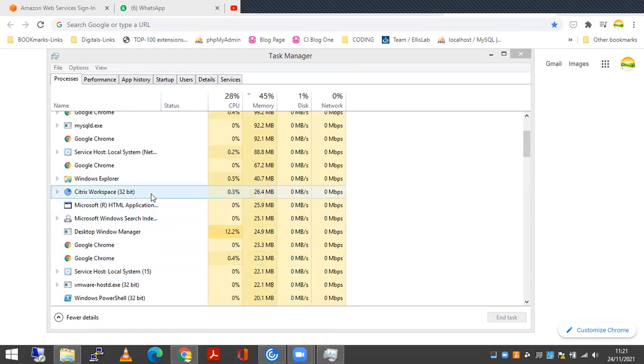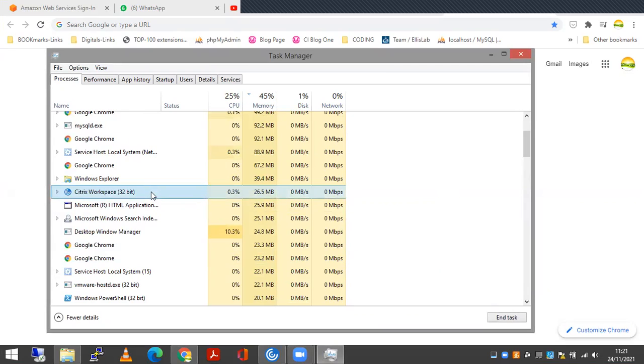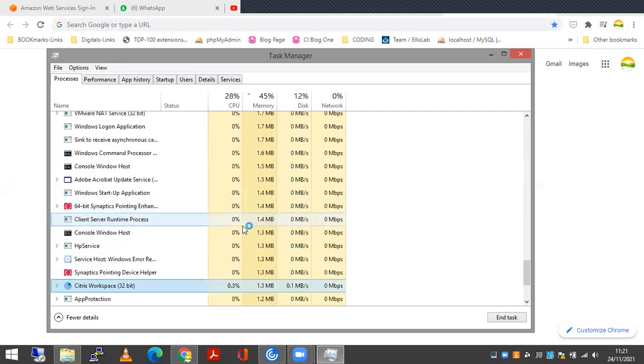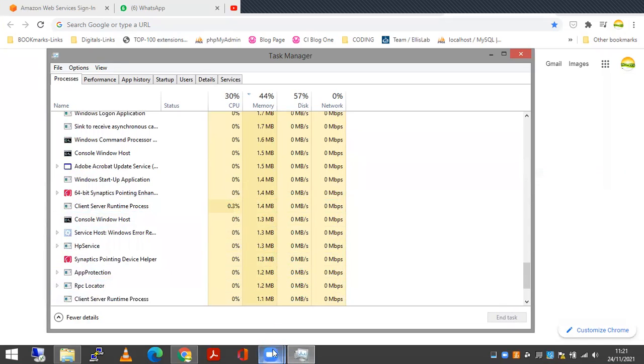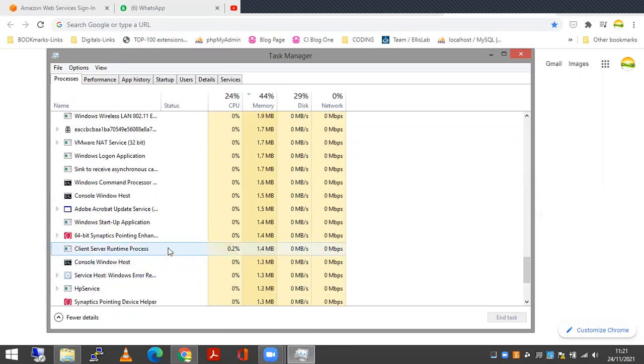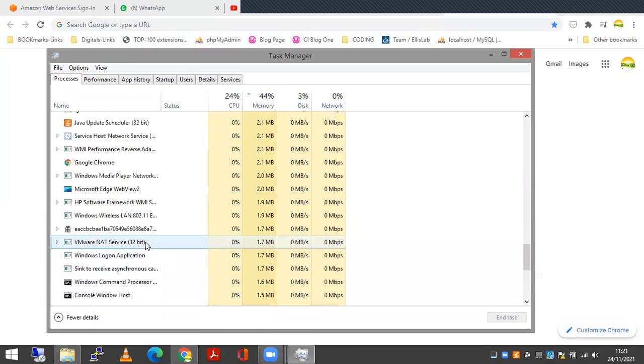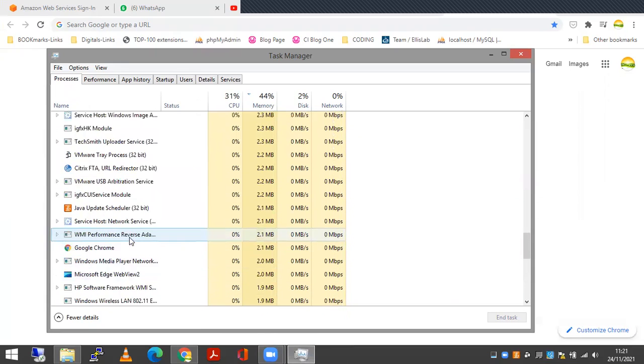So here is the Citrix Workspace process. I have to right click on this and click on End Task. So it is now closed from here.